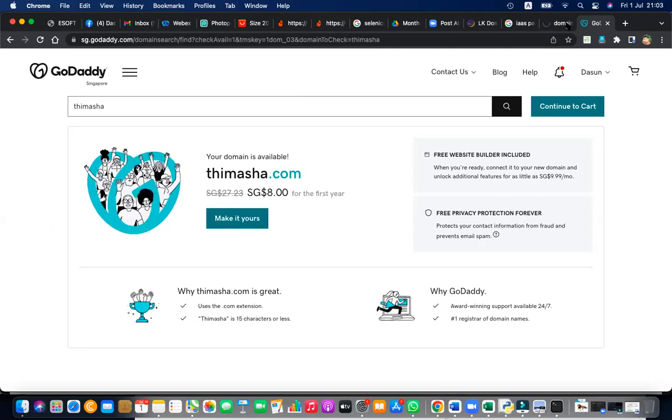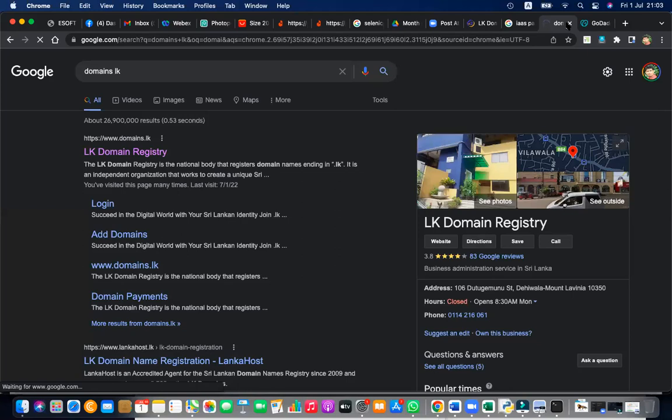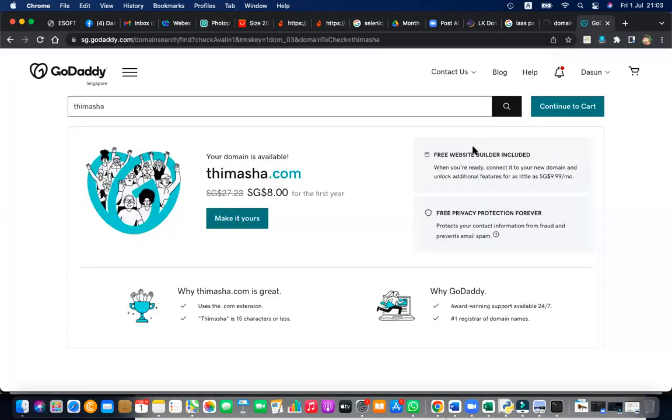You can try, but here in Sri Lanka, I'm pretty upset about their service, because domains.lk is not even loading their website on time. It's very, very slow. It's almost dying, it seems. This is for the LK domain. I don't know, today it's very slow. When the provider is slow, don't think about the other things. Anyway, you can see it's a reseller.